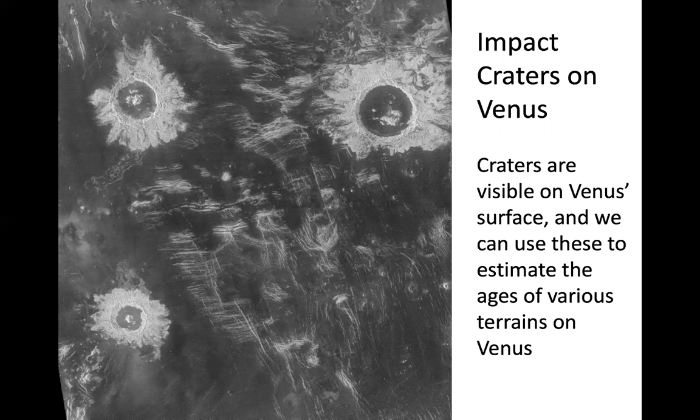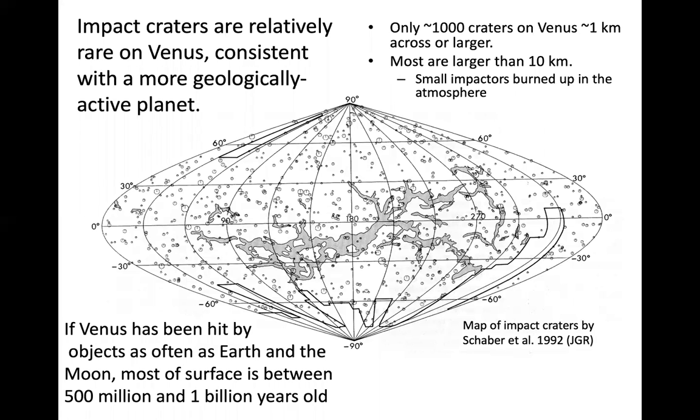And it turns out Venus is actually fairly lightly cratered. This is literally all of the craters on Venus, shown as little circles on this map. The average density of those craters, assuming impact flux similar to the moon, is around 500 million to 1 billion years old, which is close to the average of Earth rocks, honestly. But the other thing is, there's no clear pattern to this. There aren't clearly terrains that are obviously older or obviously younger,